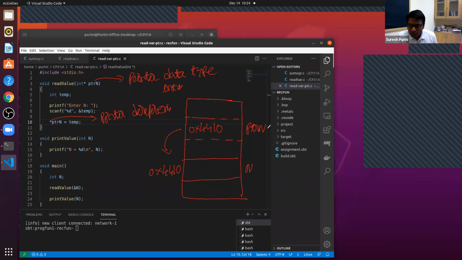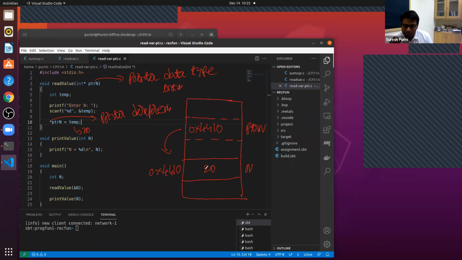When we apply star ptrn, the net effect is that you go to the address which ptrn contains, and in that address you write the value of temp. Let's say if temp contains 20, then you write 20 into the memory location which ptrn contains. On line number 10, does it make sense?